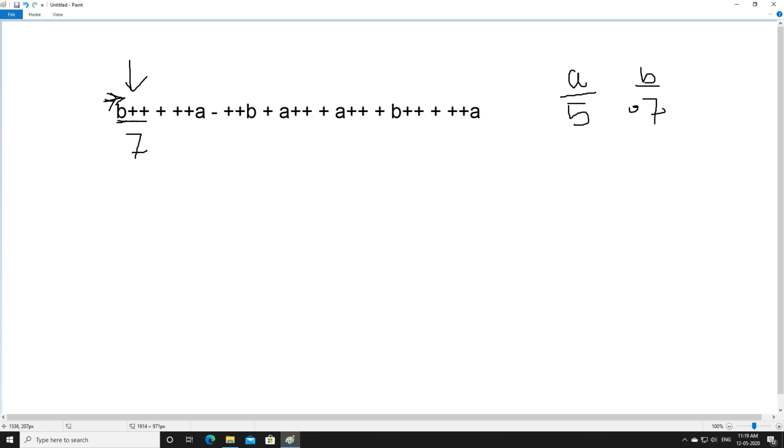This is not -7, we don't have anything here, just 7 we are using, right? So we have to use 7 here, and then because of the plus plus sign, we have to increase the value of 7, that is 7 will become 8. After that, use the plus sign.